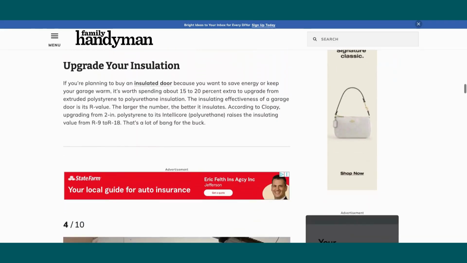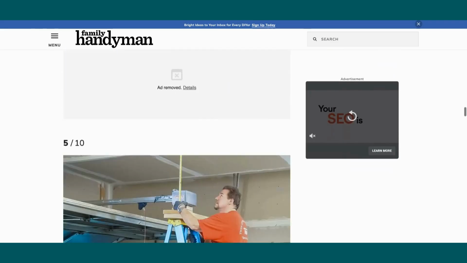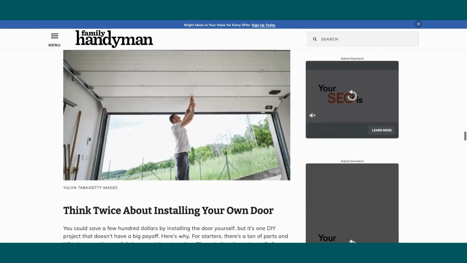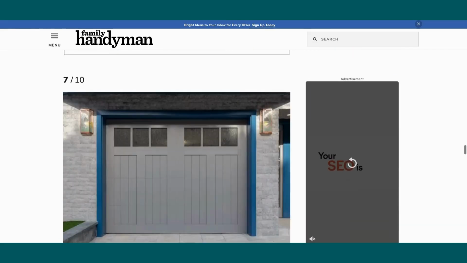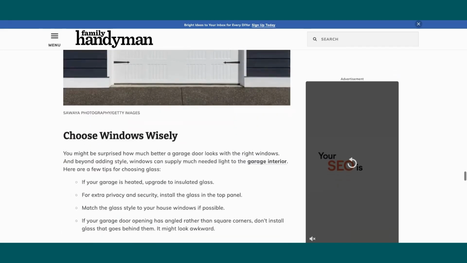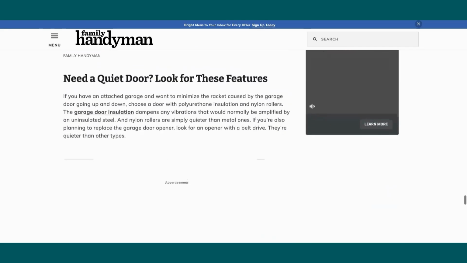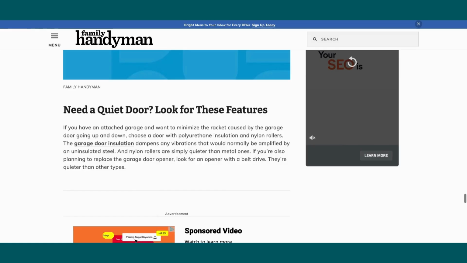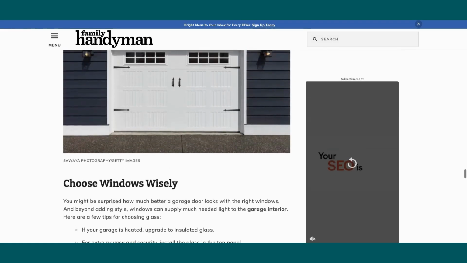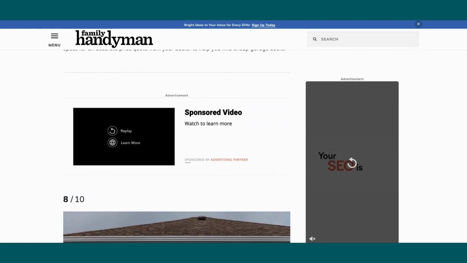You really have to read and look for what you're looking for. And there's also just not a lot of headings that are framed as questions, not a lot of quick, concise answers. So this one does not rank as well. And also the keyword is kind of missing throughout a lot of this, which isn't helping either. So those are just some quick tips for you to keep in mind as you're thinking about AEO, things that you can use to help optimize your